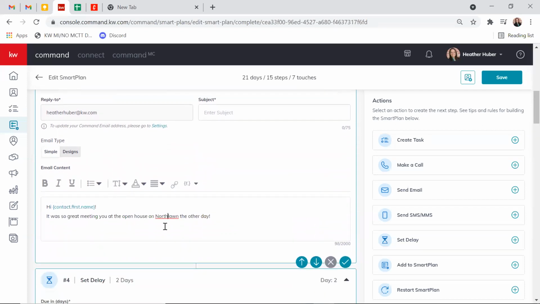So that way I think it just looks a little less automated, and you have to go in and do one extra step, right? Go in and change all of the North Lawns to Oakdales. So great meeting you at the open house on North Lawn the other day. I wanted to make sure I have